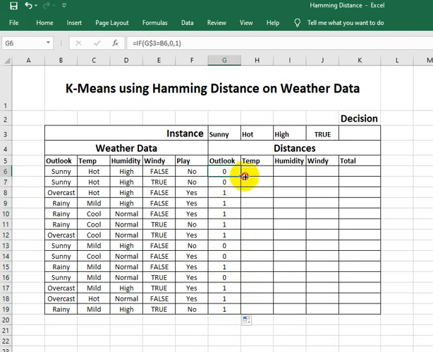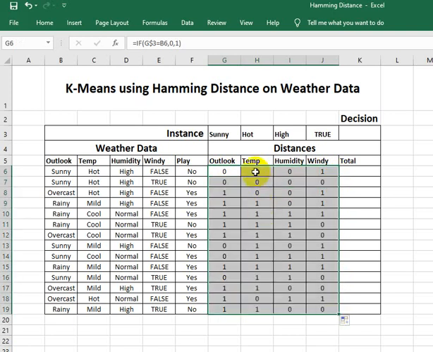Similarly, if we scroll to the right and then down for all the values of the given data, we will find that the values matching the instance will have 0 and the other values will have 1.